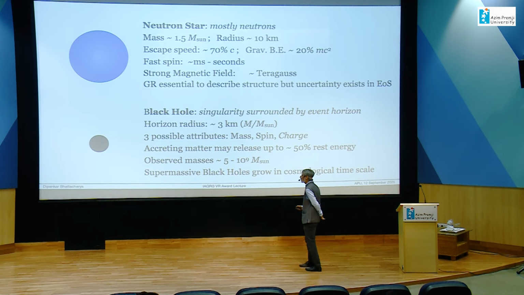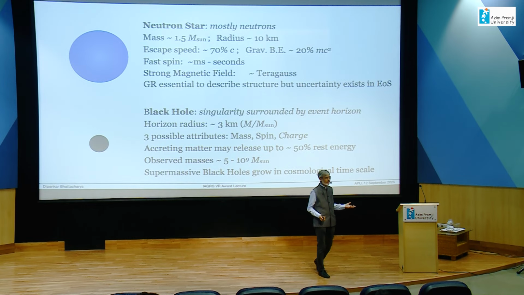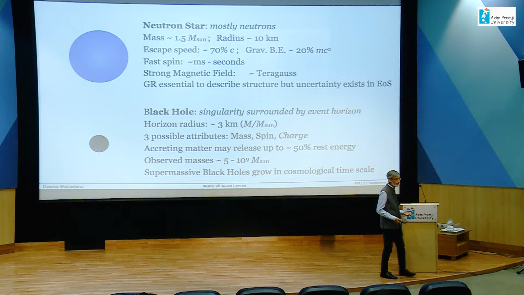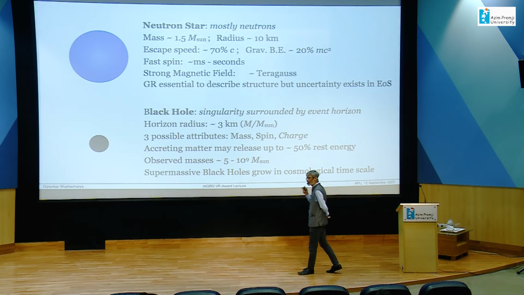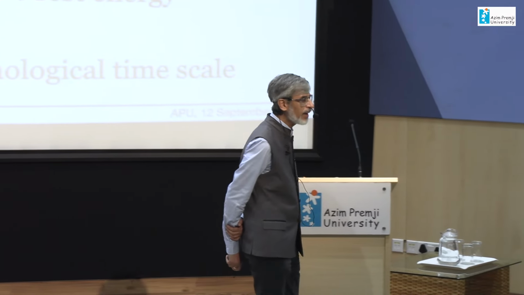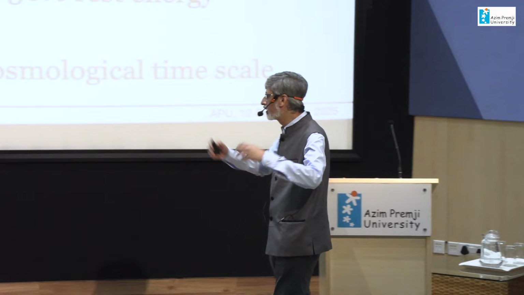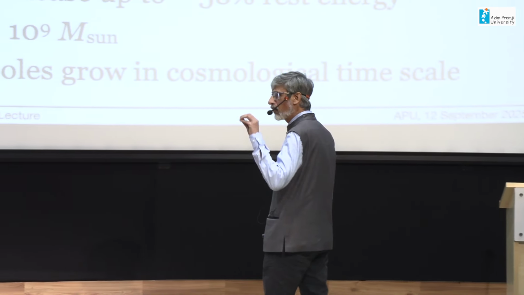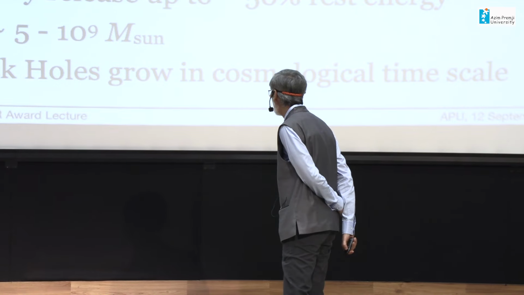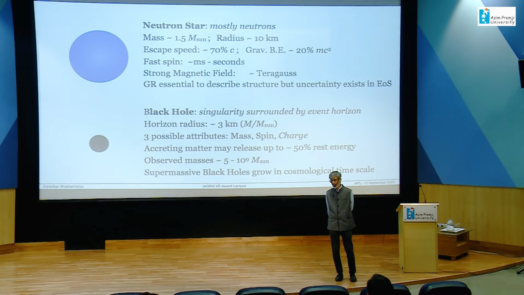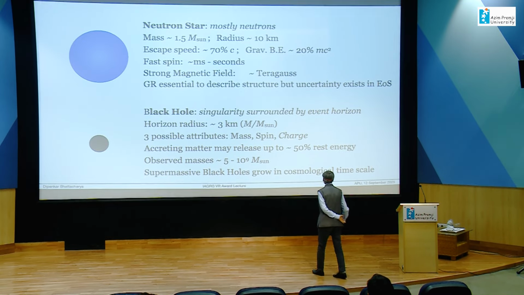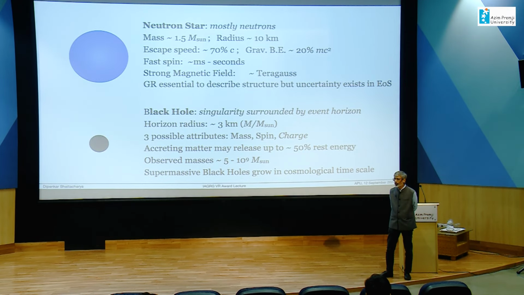So now black holes, of course, cannot be seen by themselves. It is not self-luminous, no radiation can escape from it. So how can we ever observe a black hole? So you don't observe a black hole itself, but you observe phenomena occurring around the black hole, such as matter from elsewhere coming and falling into the black hole. And matter falling into the black hole may release up to about 50% of its rest energy. So up to 50% of mc squared can be released while falling into the black hole, depending on how you make the matter fall.